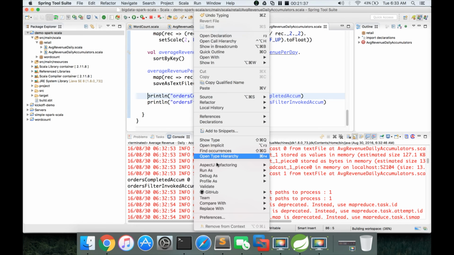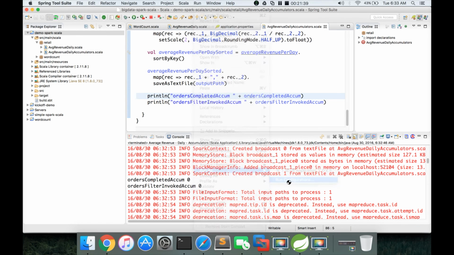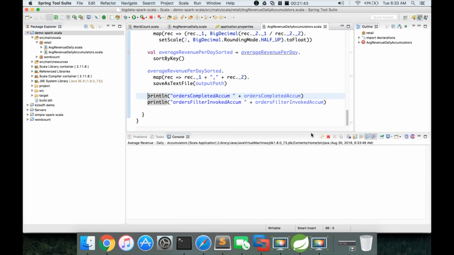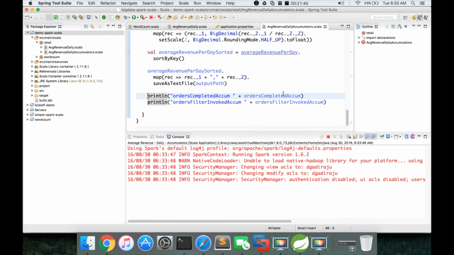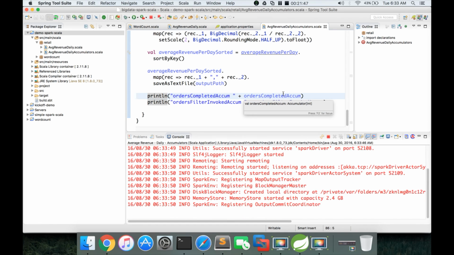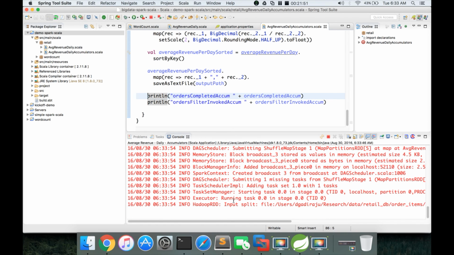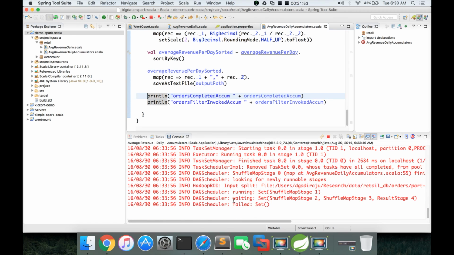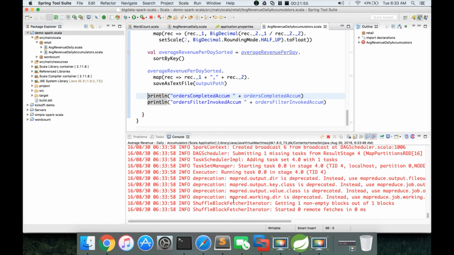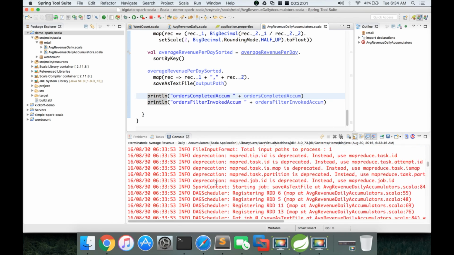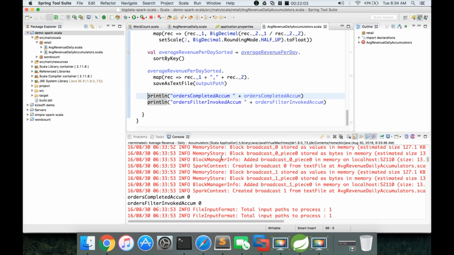now if I run, you can see at the end we are seeing the values, but in the middle it is just showing 0, because until the action is invoked, the program will not be executed.